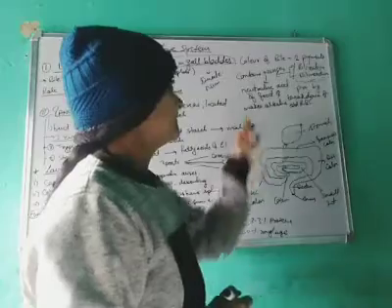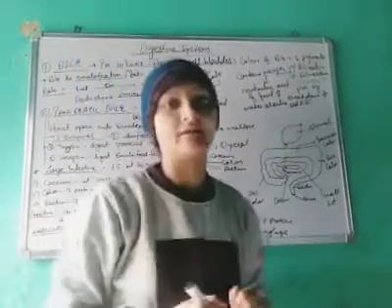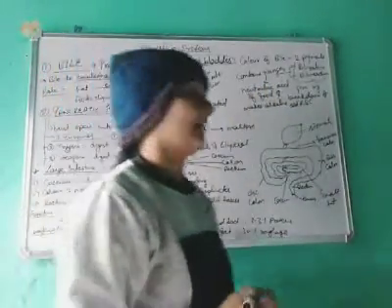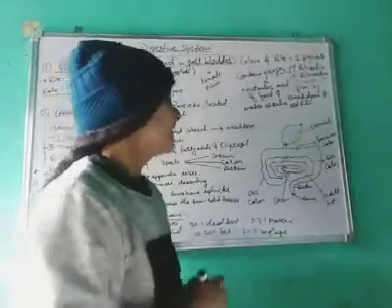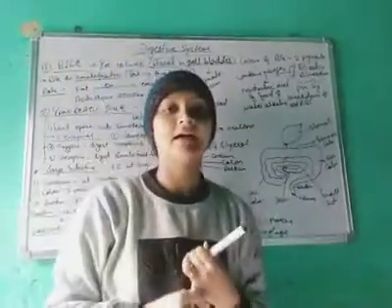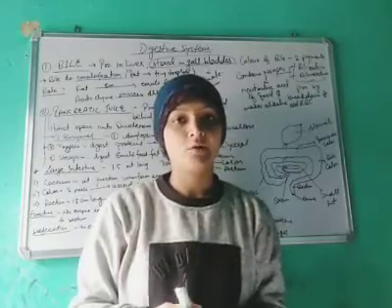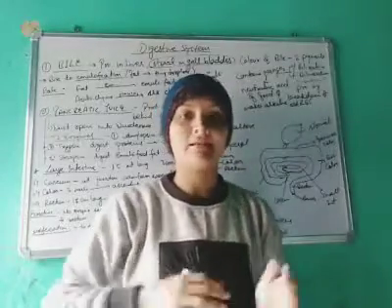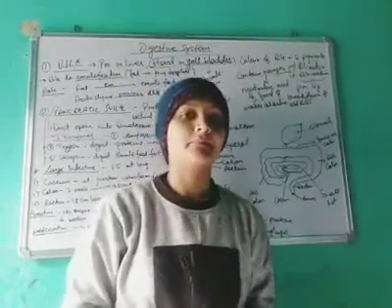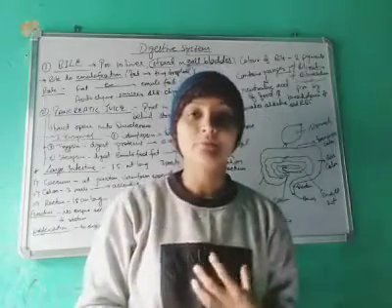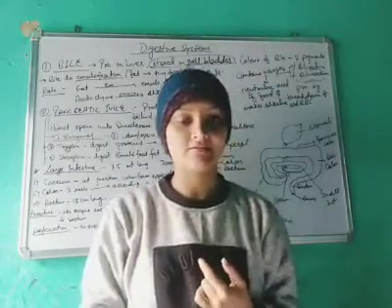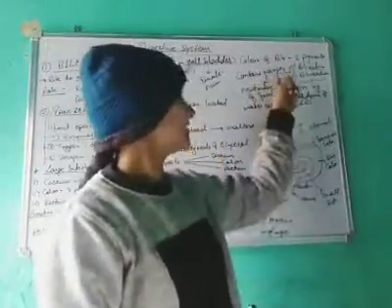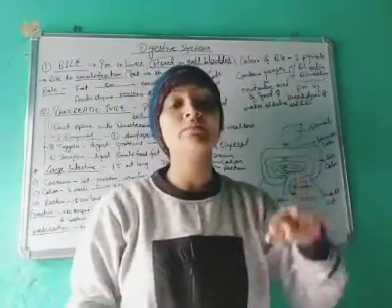Okay, the bile contains sodium bicarbonate. It's a base. So what does it do? It neutralizes the acid content of the food and makes it alkaline. From acidic it converts it into alkaline. If you remember, I have told you that the food in our stomach after 3 hours is called chyme. So it's acidic chyme. Sodium bicarbonate, HCO3, converts it into alkaline chyme.